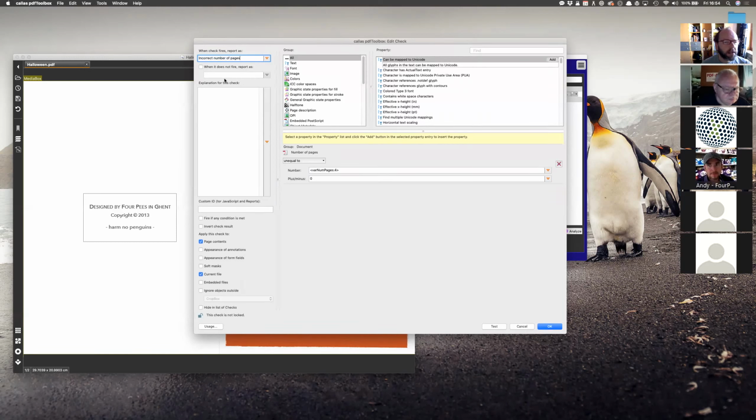So instead of saying incorrect number of pages, I could say document doesn't contain pages, and then I could insert that